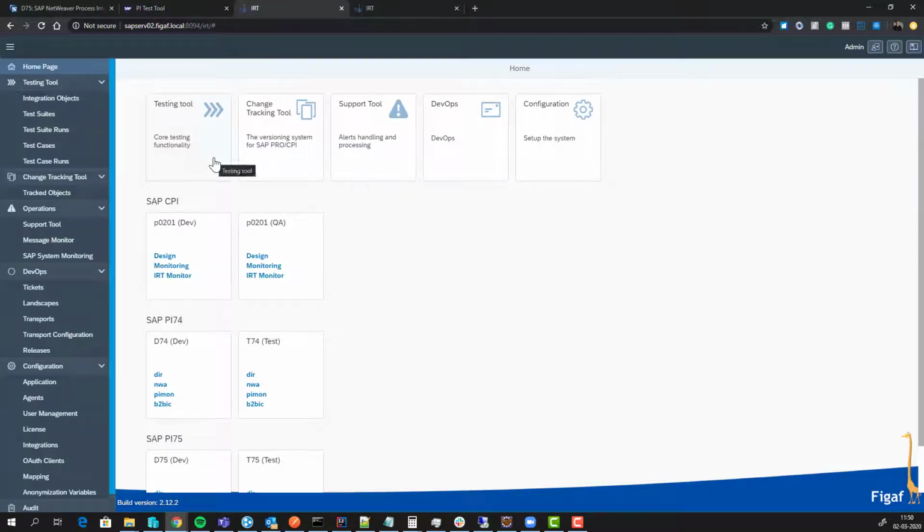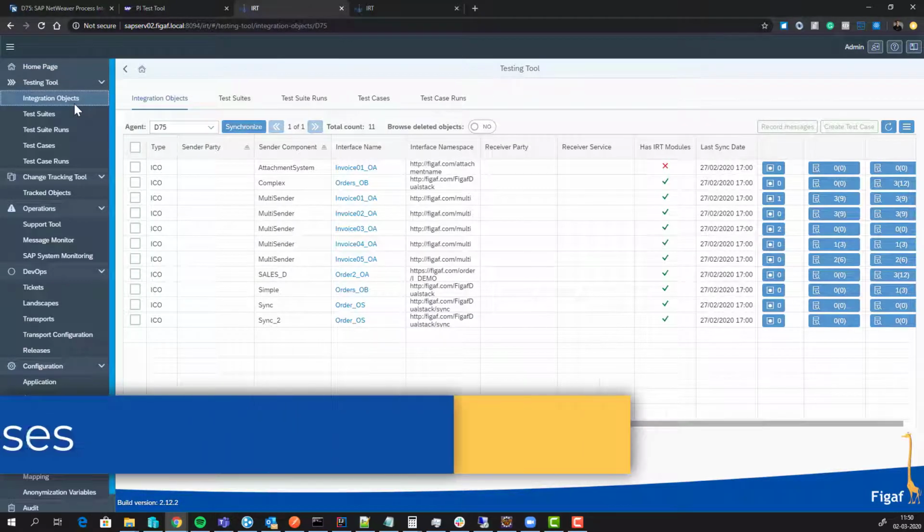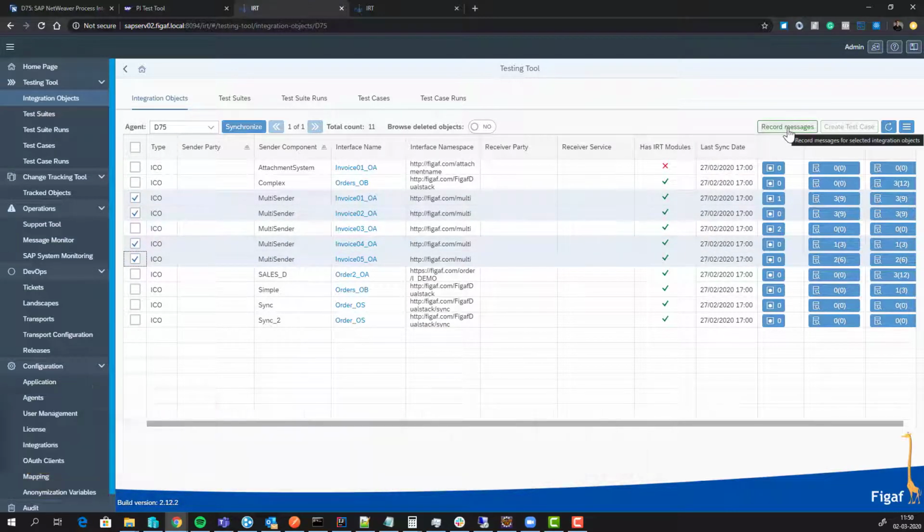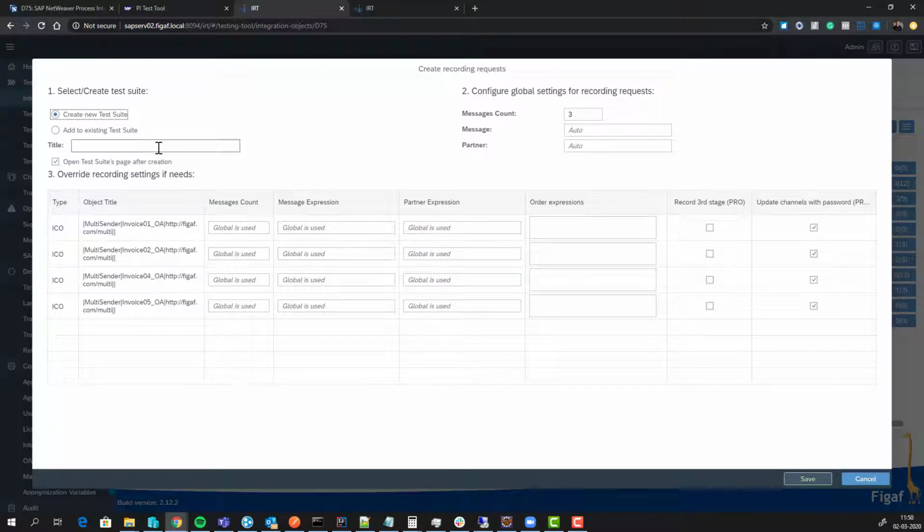We at Figaf still believe we have some advantages compared to SAP. If you want to be serious about your testing, we have some real benefits that make it easier for you to manage your SAP PI and obviously CPI, but that's a different discussion. We're able to create test cases on multiple objects at one time, so we can select a number of different iFlows. We can record messages,